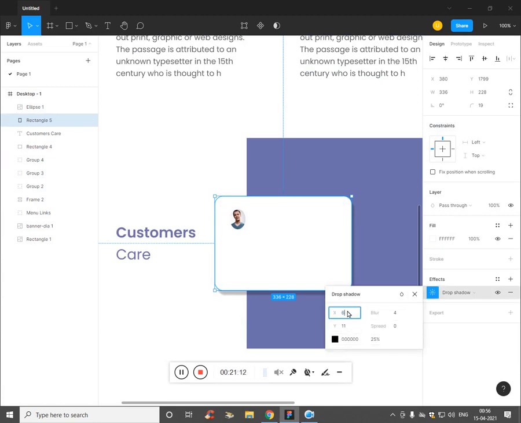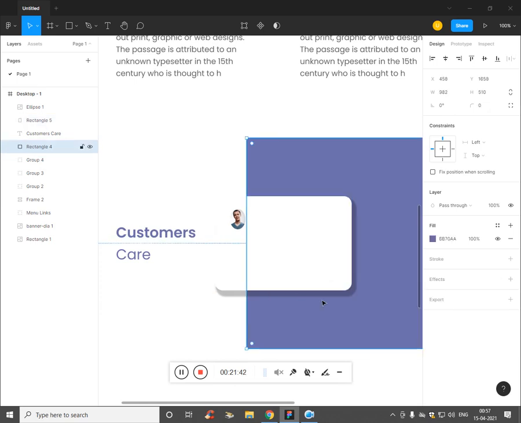And still, this is X and Y, and we'll add the spread a bit more. Top, bottom, well, that's cool.